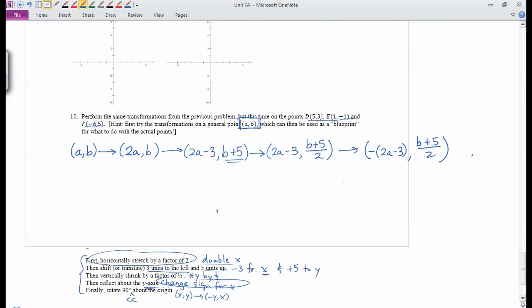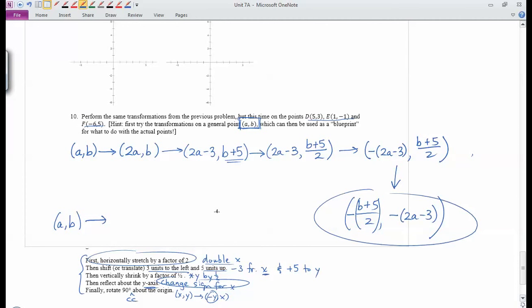And then the last step, I'll just go down like this. So the last step is rotate 90 degrees counterclockwise about the origin. You flip the x and y and then throw a negative in front of the first coordinate here. So if we switch them, we get b plus 5 over 2, and then negative 2a minus 3. And then you got to throw a negative in front of that first coordinate. So right there, I'll put this in parentheses so it's more obvious. So that means that AB ultimately turns into this guy right here, negative b plus 5 over 2, comma, negative